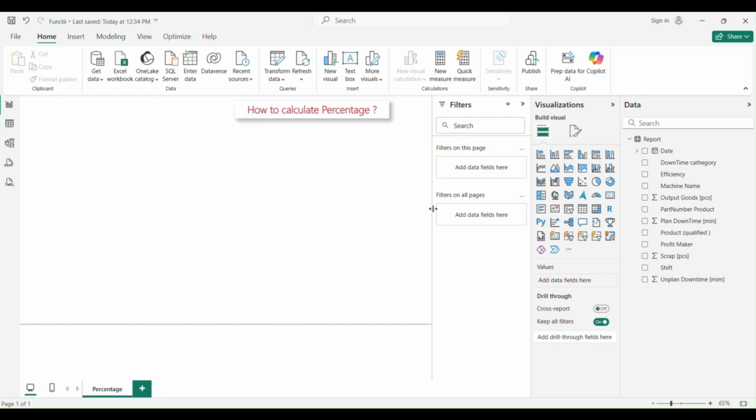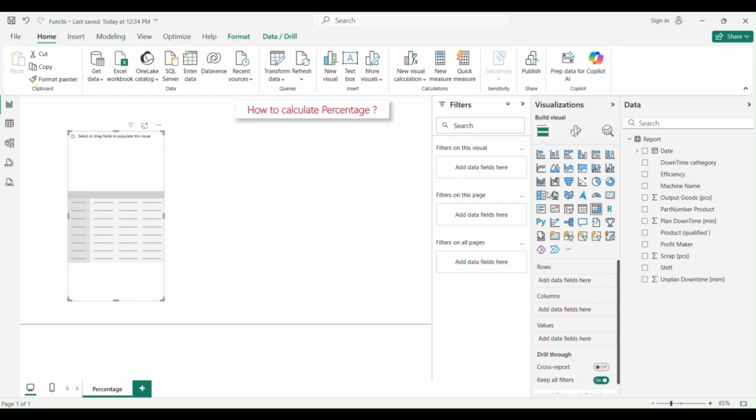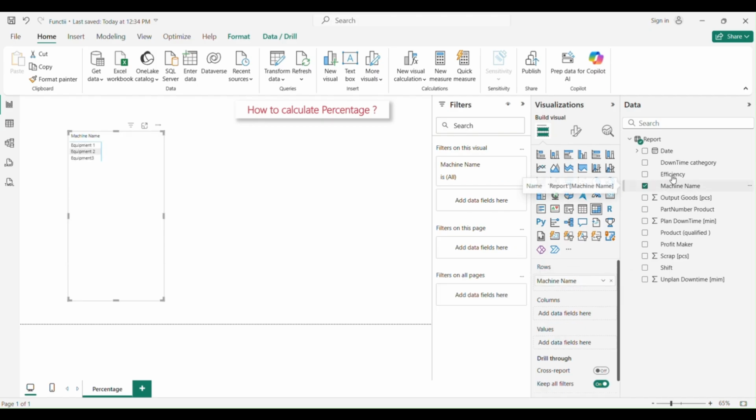So the first thing that we will do is click on matrix. Now we will add machine name and downtime category in rows. We drag and drop machine name in rows, and then we take downtime categories.